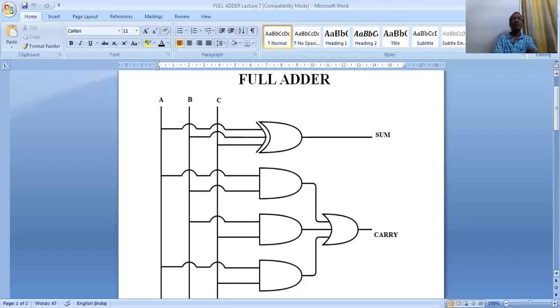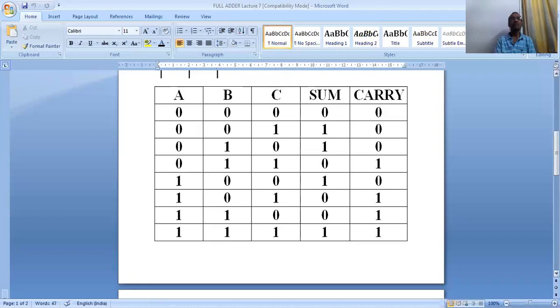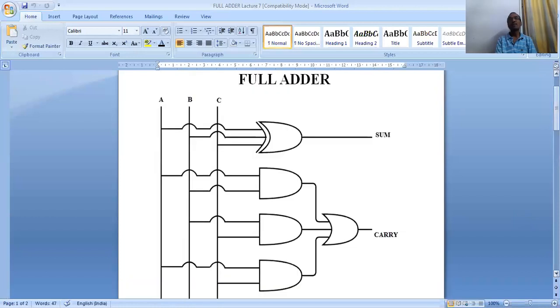Just draw, in the case of a full adder, an XOR gate, 3 AND gates, and 1 OR gate. But in the place of the OR gate, if you draw an AND gate, 0 marks, because the working of the circuit changes. Then how can you see the truth table? See the truth table carefully. And then we are going to see the working in the diagram with the truth table.